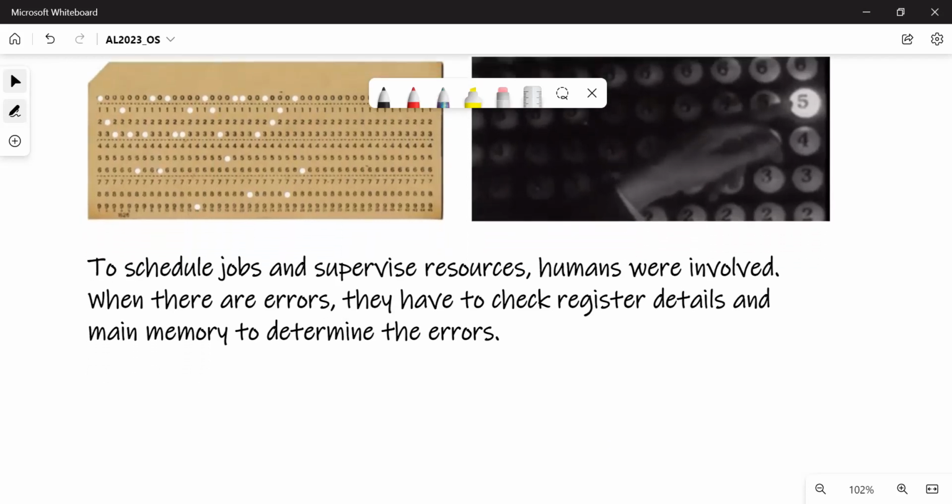So when they want to schedule jobs or supervise resources, meaning like printing, even the outputs in bulbs, or power, everything, somebody has to be involved in managing this. And then when there are errors, they have to check the register details.